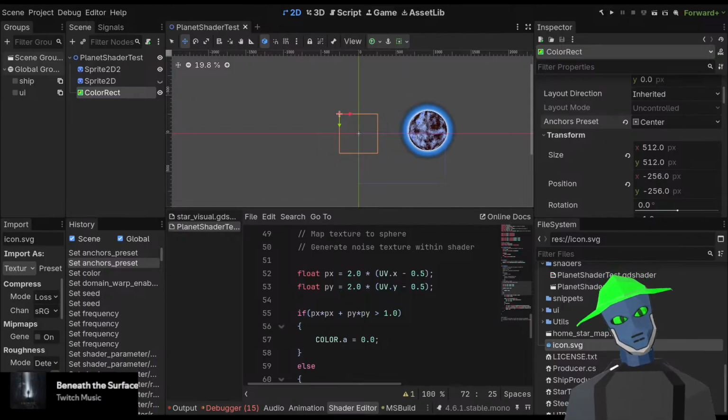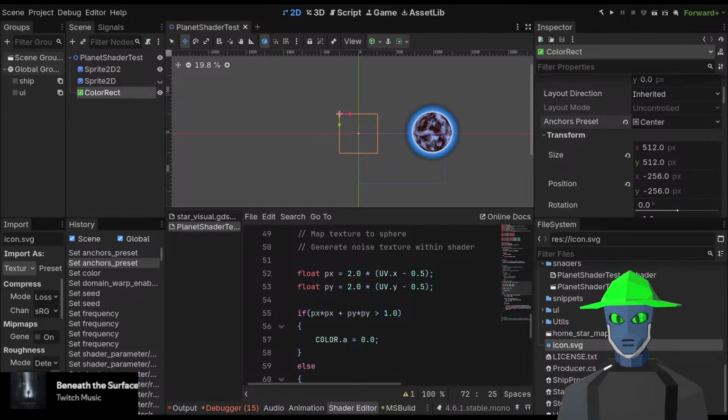Maybe I should merge some things, but we'll see. So yeah. Actually, pretty